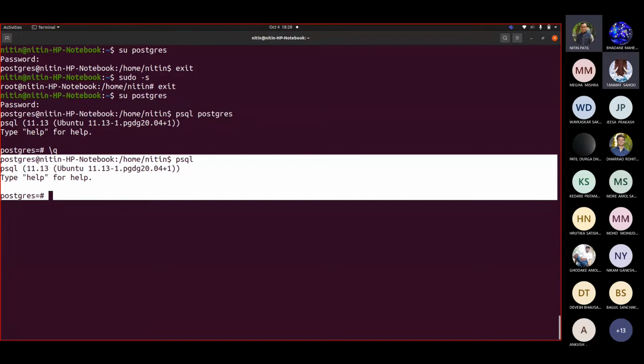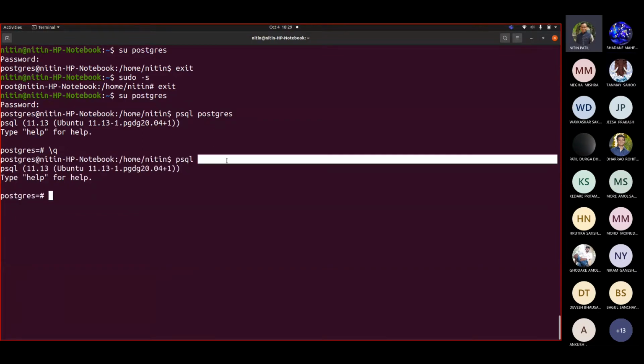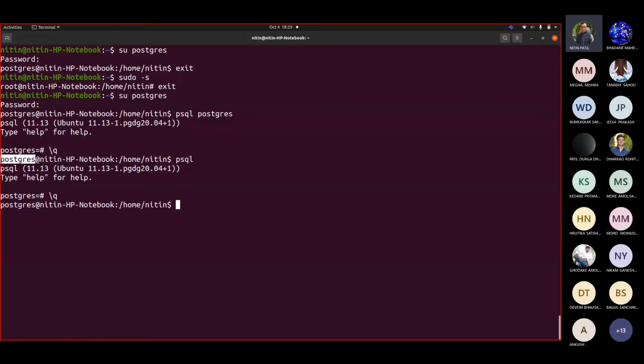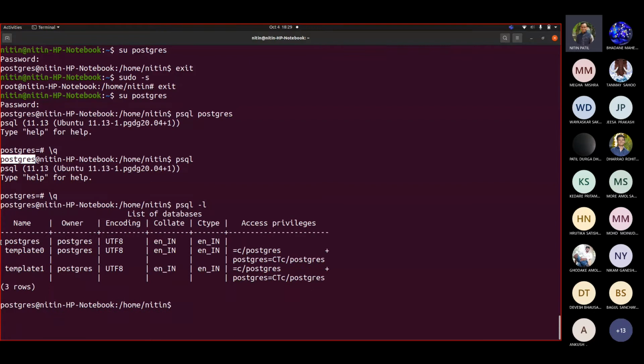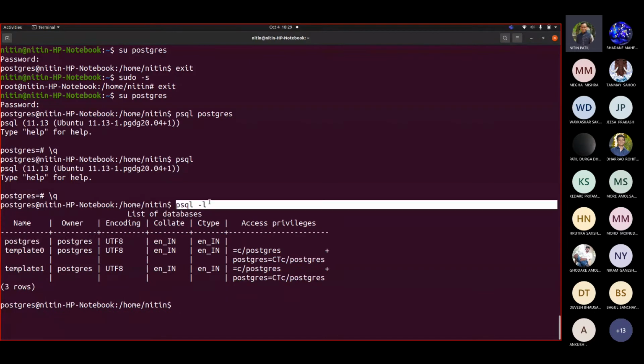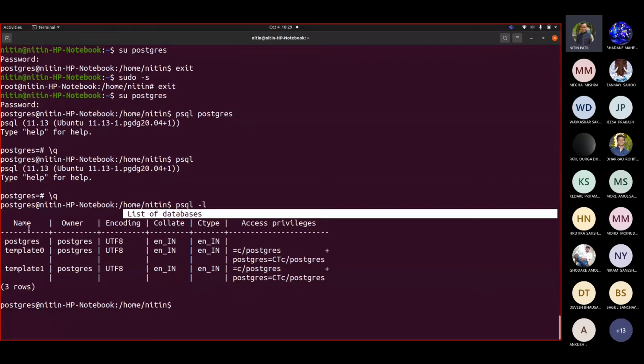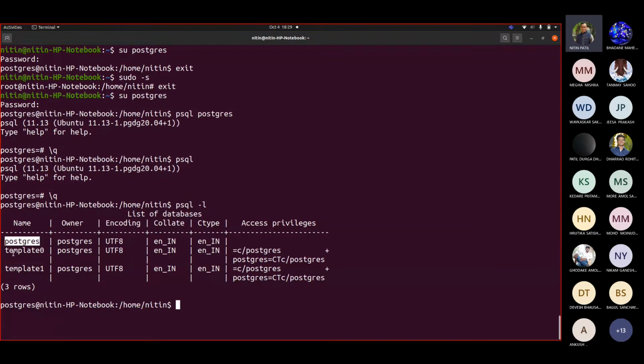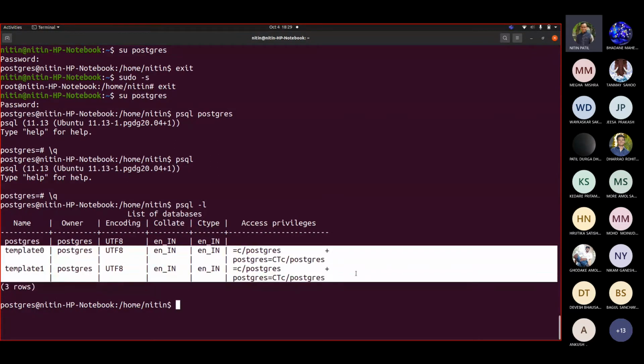No, sir. No. Whenever you write PSQL without any parameter, it assumes that there is a database in your Postgres server with the name Postgres, and that's the reason when we wrote PSQL -l, we could see that there is a database called Postgres. So this PSQL -l command gives you a list of databases, and this is the one database. Now, what is the importance of them? We'll work it out later. Now, suppose I want to create my own database, how exactly can I do that?